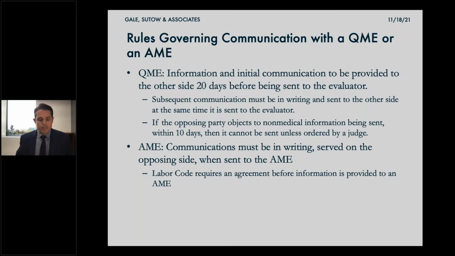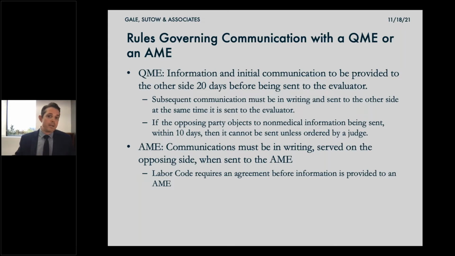So typically what happens is we get an evaluation date set, we put together a schedule of records, collect everything, as far as all the medical records and any other relevant items that we're going to send to the QME, we put those together in a schedule. We do a proposed advocacy letter or a proposed joint letter. We send that to the other side 20 days prior to the evaluation, and they can either agree, do their own letter, do their own schedule of records, which Leigh's going to be talking about a little bit later.